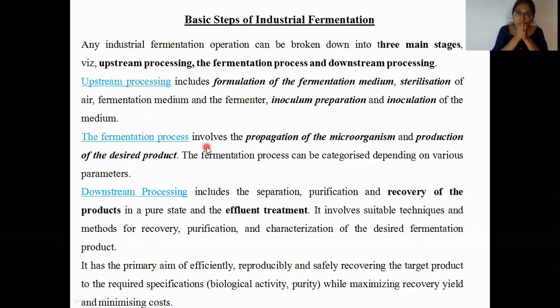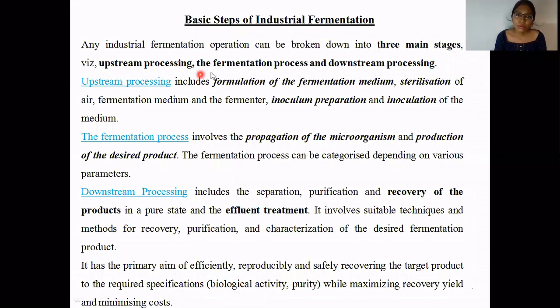Now at the industrial scale, we are dealing with tons or n liters of the product. We are not just dealing with 500 ml or 1 liter of product. There we are dealing with 10,000 tons or 10 lakh liters of the product. So in order to reach that level, we first need experiments carried out at the lab scale. Slowly, gradually, we will go to the pilot scale, and then to the industrial scale.